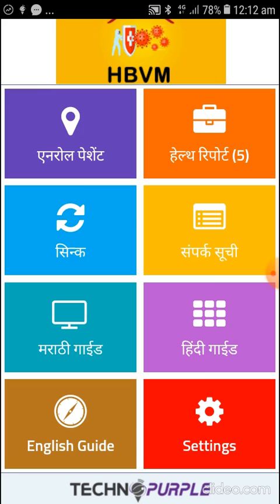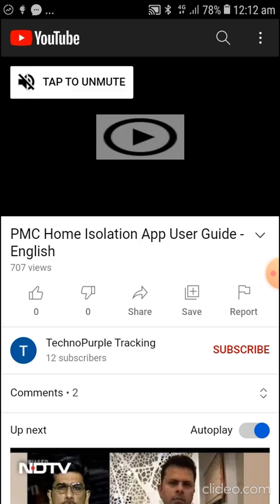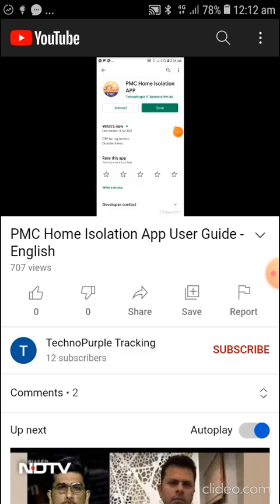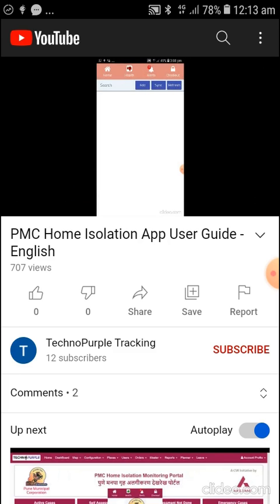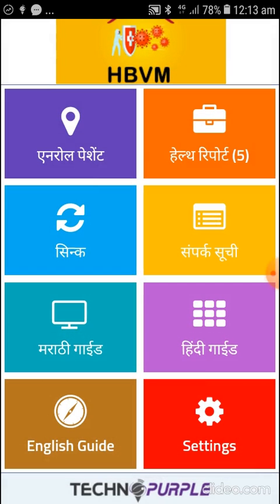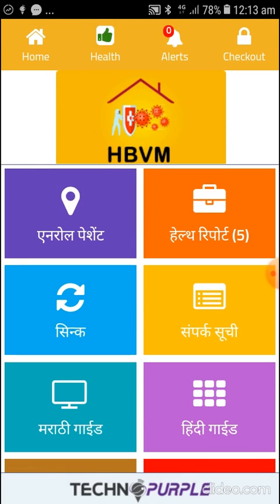If I have selected English guide, here English video will play, English app user guide will play. Like this, you will be able to see app user guide in Marathi, Hindi and English, all 3 languages.